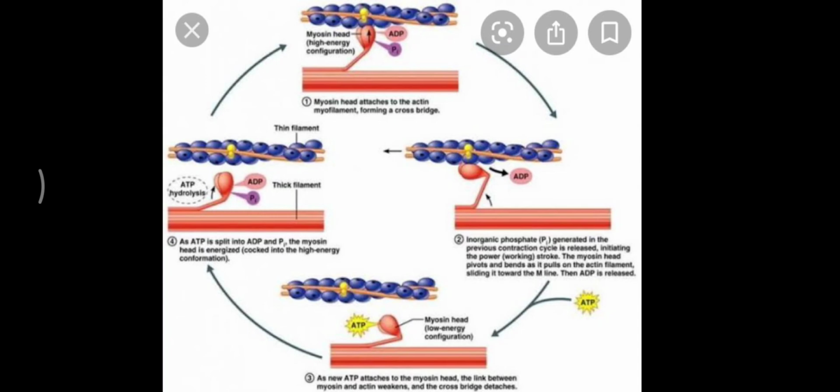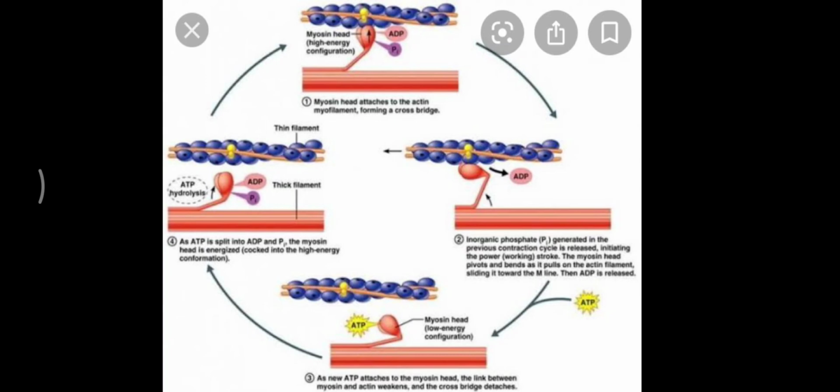We have already learned about the structure of actin and myosin. In the actin filament, I have told you there is a troponin protein. That troponin protein is covering the binding site of the myosin head. So, when the calcium ions are released in the sarcoplasm, they bind with this troponin and remove it. When the troponin is removed, the active site for binding of the myosin head is exposed, and the myosin head now binds to this active site.